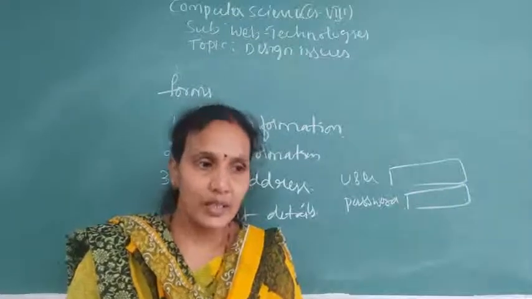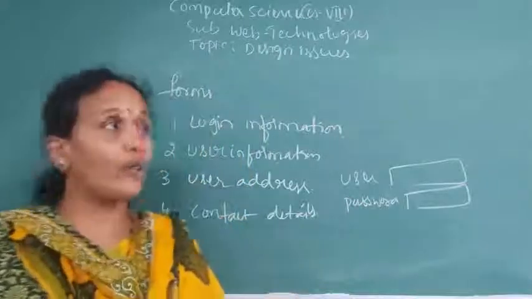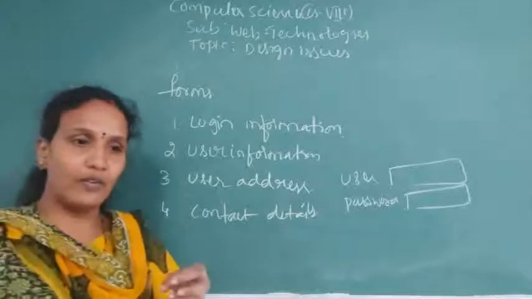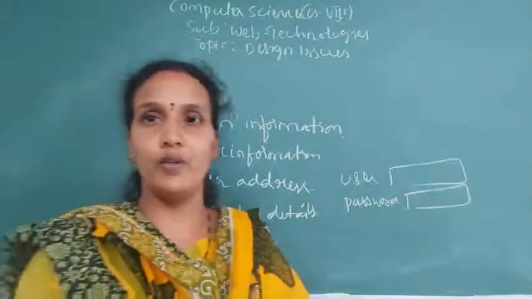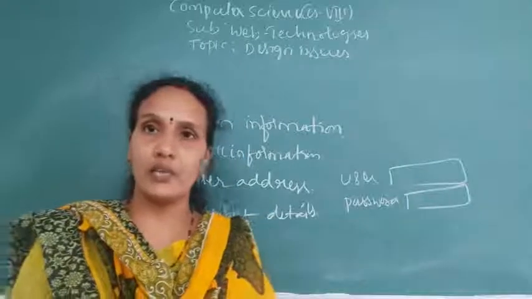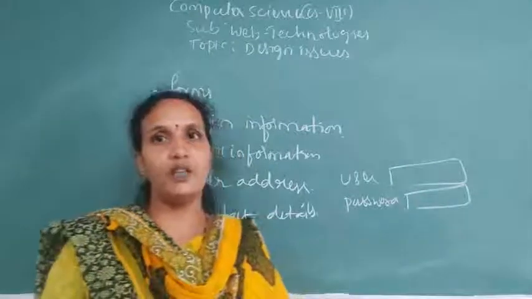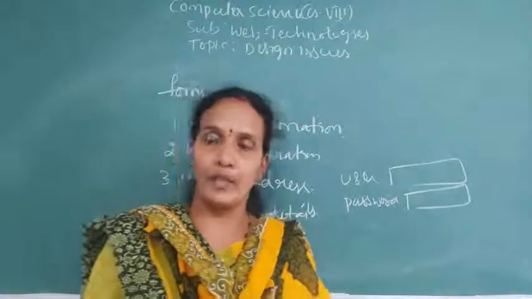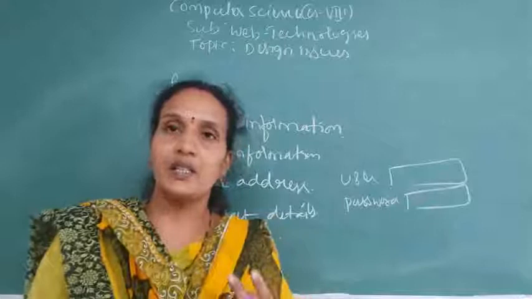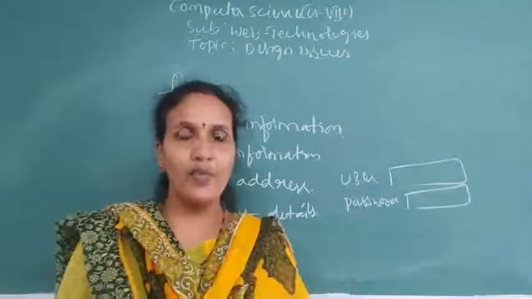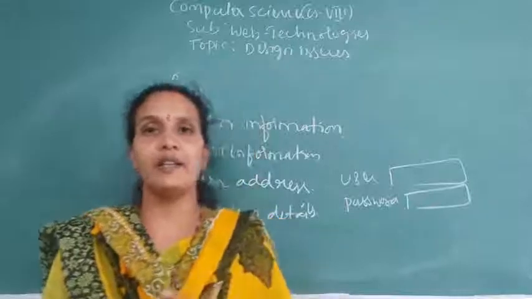Okay, so these are the things you need to follow when you are designing a web page and when you are putting any form on the browser window. So this is about design issues when you are designing a web page. Okay, what are the things you need to think about when you are designing a web page? The first one is the typography, second one is the navigation, third one is the table, fourth one is the form. Typography means it is completely related to your text.